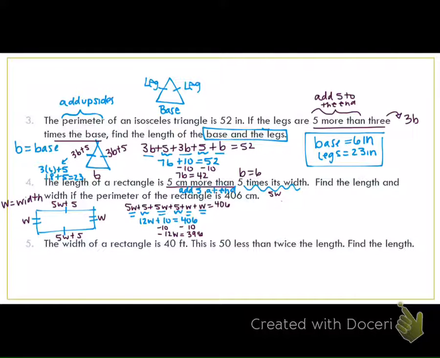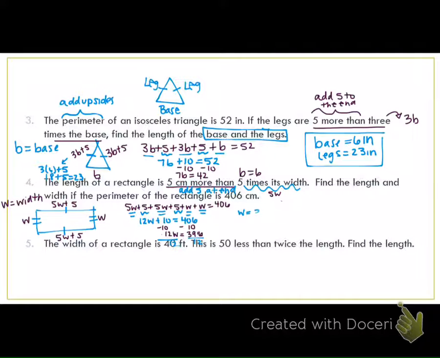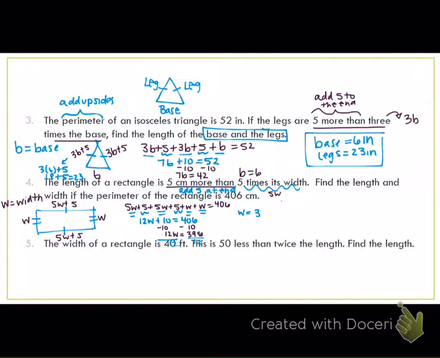And then we divide by 12. Did I lose something somewhere? Why did I make this 12 negative? Does anybody know why I made that 12 negative? I have no clue why. Sorry, guys. All right, so we divide by 12. And W equals, is it 33